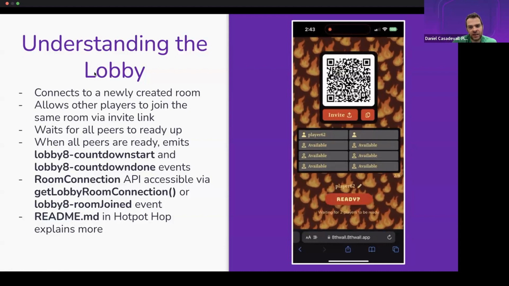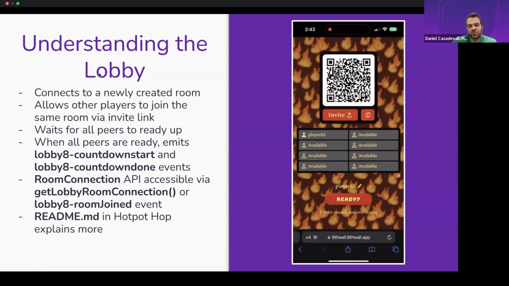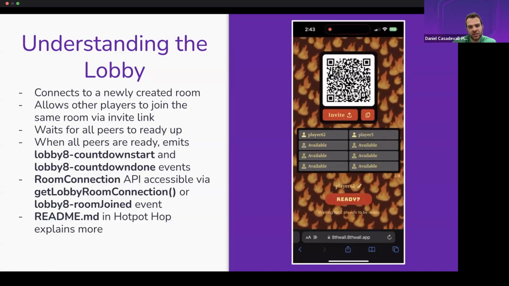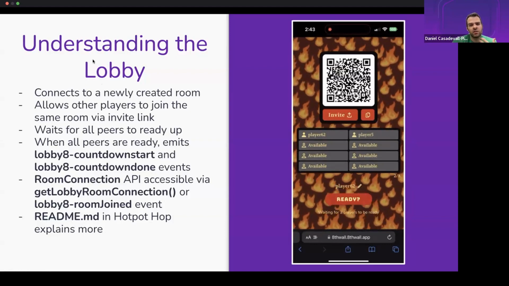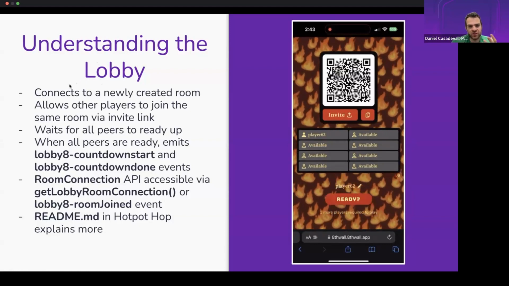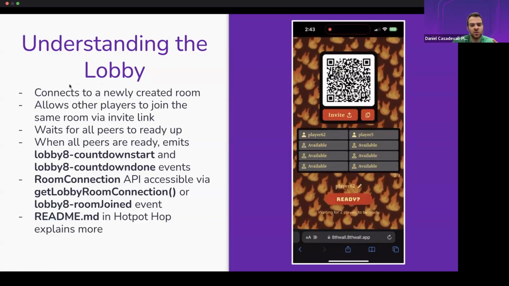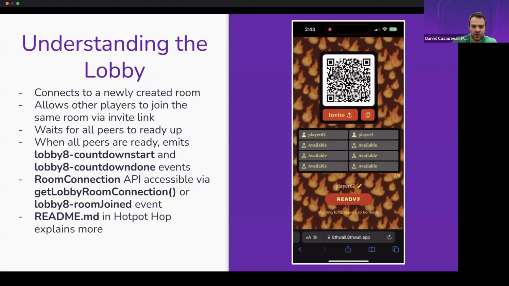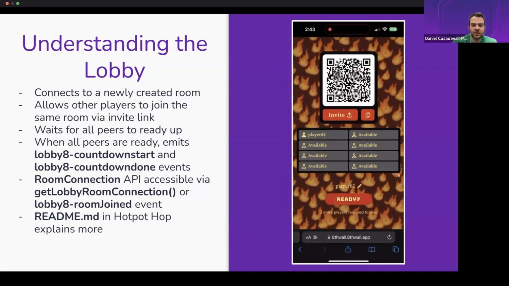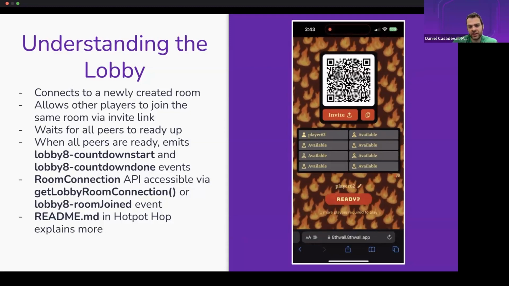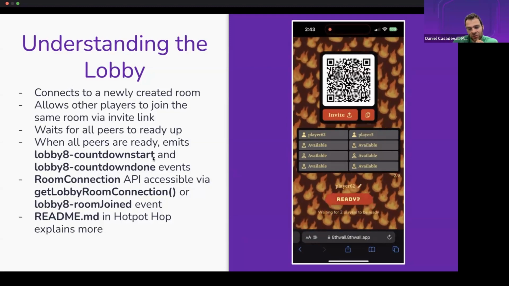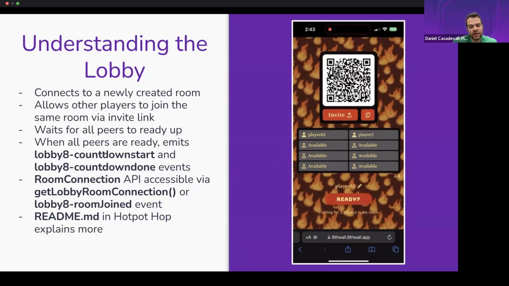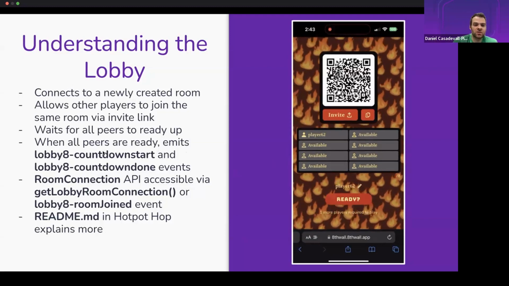Our multiplayer API is based around rooms. We use rooms to connect players. Normally you'd have to create a room yourself, and that generates a unique ID, and then all players join it, and that's how you normally start a game. Lobby simplifies this for you so that whenever you include this lobby component in your project, a room is automatically created for you. As players join via the invite link, as you saw in this demo that you just played, they automatically join this room. And as players ready up, you'll eventually get everyone is ready, and the countdown starts to start the game.